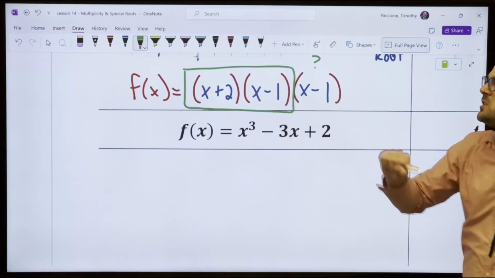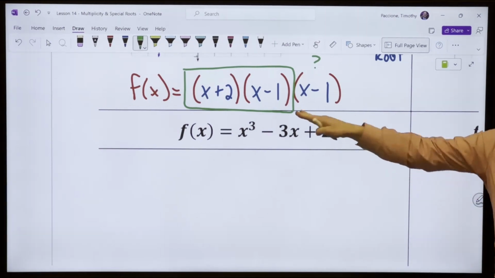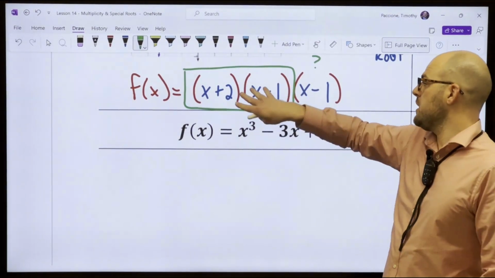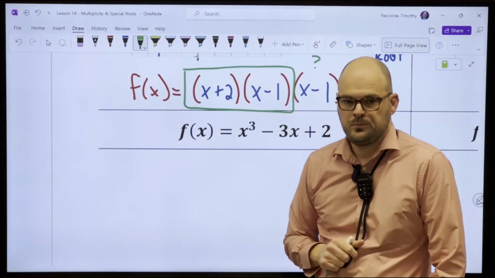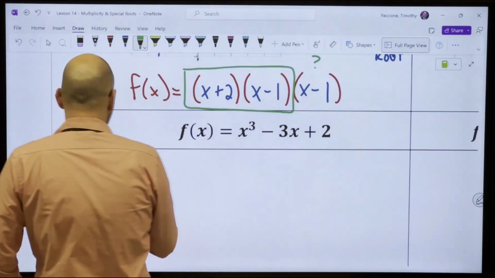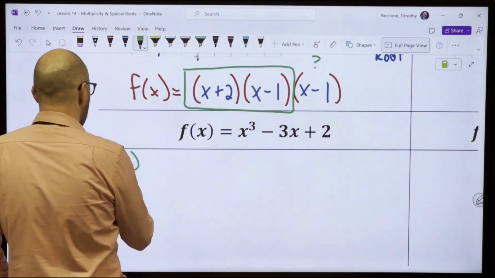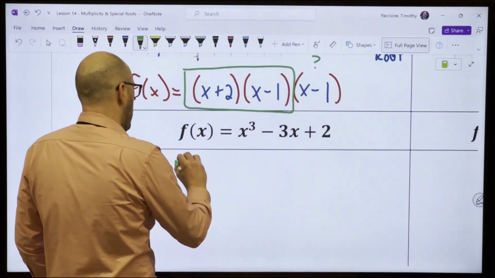How could you start to factor to find that other factor? So for instance, pick one. Which one of these do you want to pick, x plus 2 or x minus 1? What's that? Plus 2. Okay, so we can make the statement, we know at the very least x plus 2 is a factor